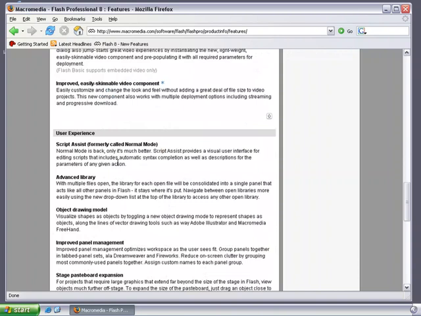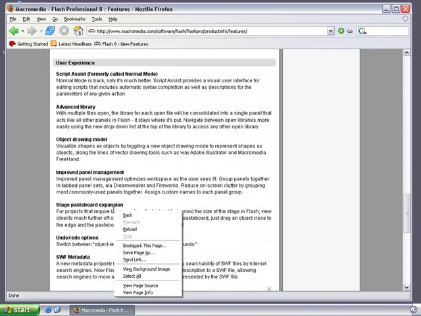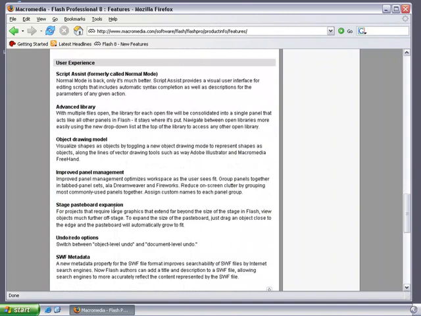It also has a new method of working with ActionScript, which is actually a repurpose of an old method called Script Assist, which used to be called Normal Mode inside of Flash MX and prior. There's also a new method of working with the library, an object drawing model, and so forth. So there's actually a lot of new content, and then again, rather than going over each of these items individually, I would encourage you to go to this URL and read all the various features that are new inside of